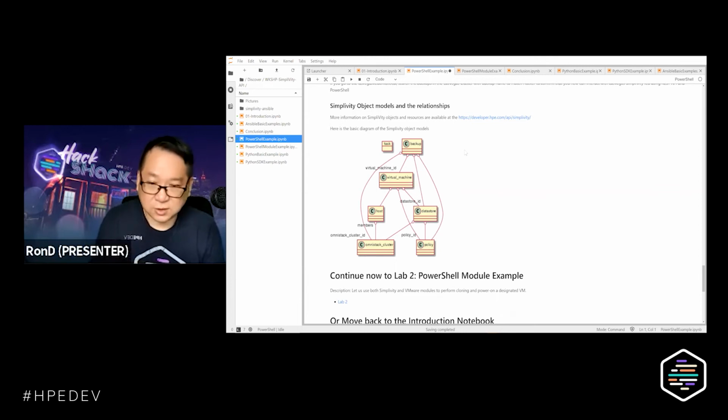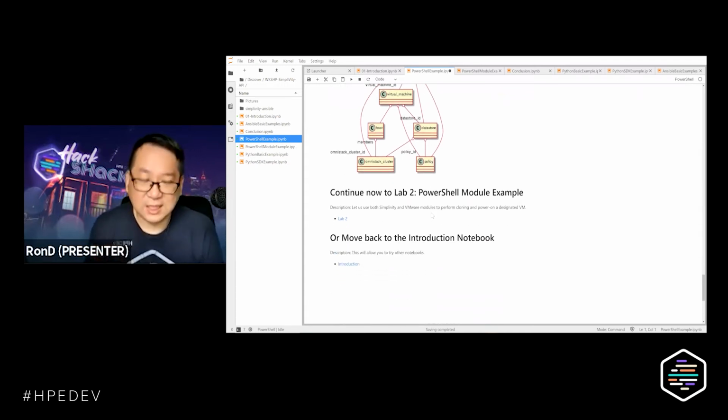Currently there is an additional object that was added. They call it the external store, but the external store is actually equivalent to a data store. We allow the ability to use a different type of media inside the HPE StoreOnce, and that is considered part of the data store. Do you want to do automation for this using the basic REST API? I don't think so. So let's go to lab number 2.